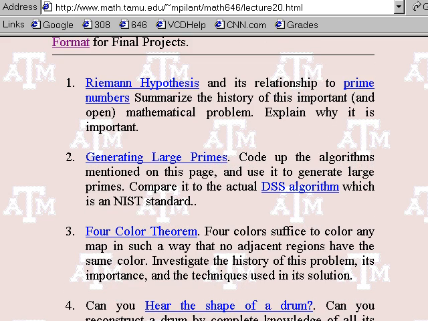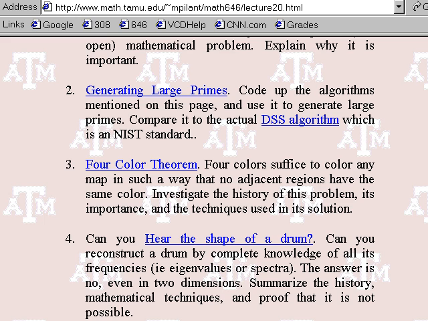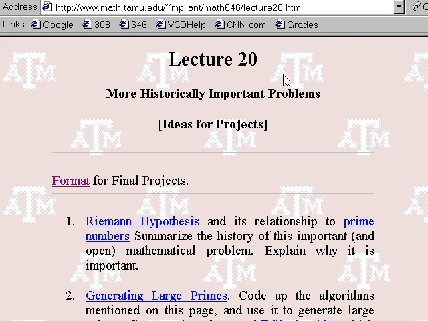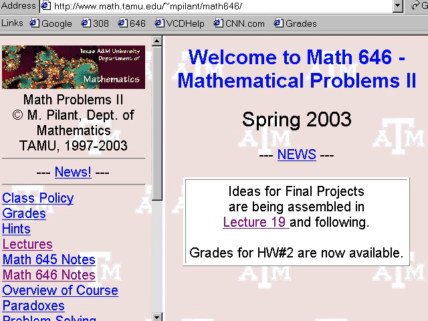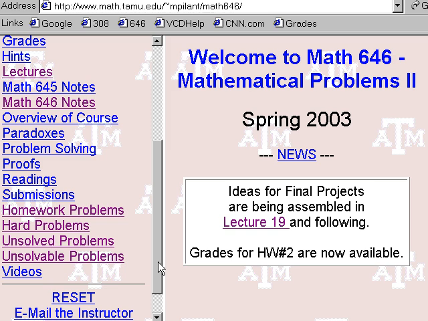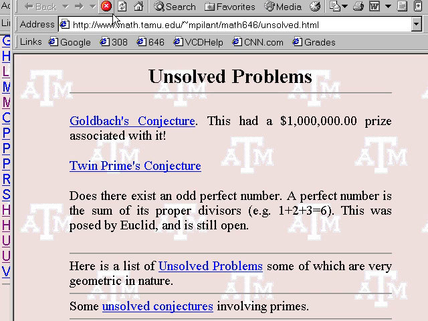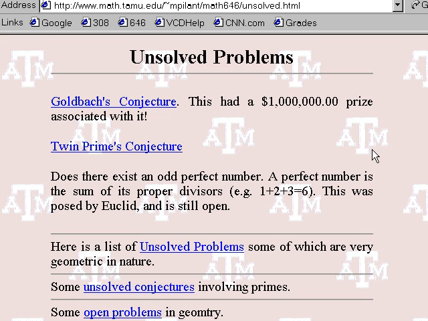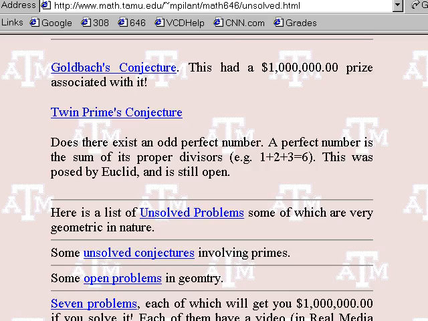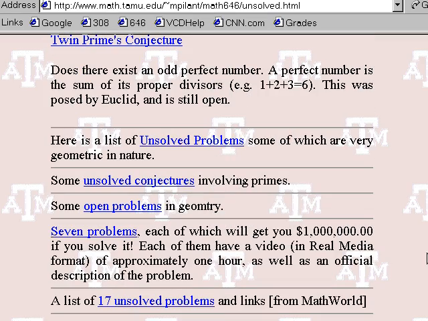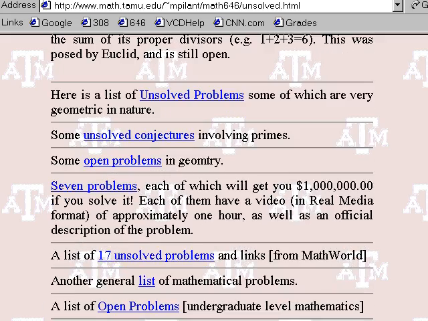Okay, today we're going to follow up on some more important problems, historical problems, in addition to some things that you might choose to do your final project on. Before we get into that, I'd like to just show you also some links on Unsolved Problems. I've been rapidly getting new URLs towards the bottom of a good list of problems that, I mean, these are major problems worth $1 million if you solve them, like Fermat's Last Theorem and stuff, but